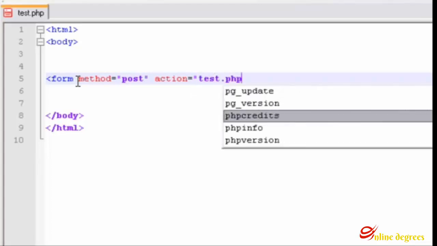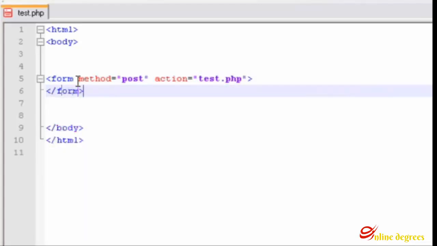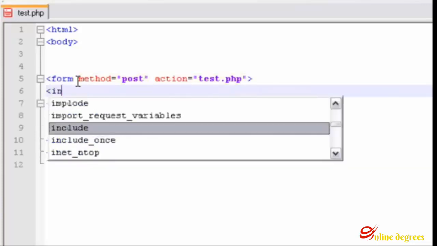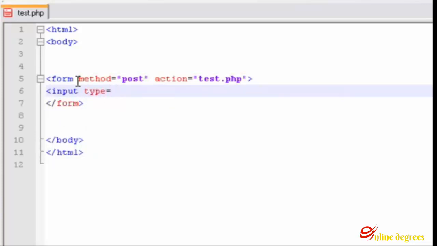Close that form off. Input type text. And the real important thing here is the name attribute for the input tag. You can put whatever name you want, but this is going to correspond to our PHP script. So pick a name that's descriptive, and it does matter. Case sensitivity does matter. If you use small letters here and capital somewhere else, you're going to have to keep that the same when you access it in your PHP script, which we'll look at. So let's do name,